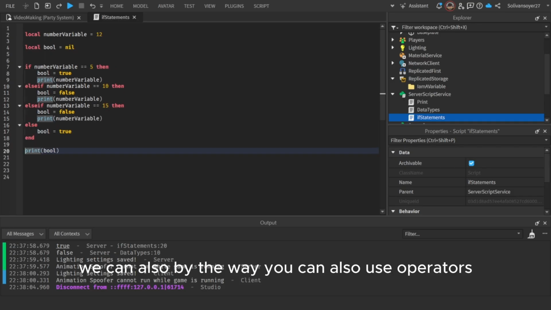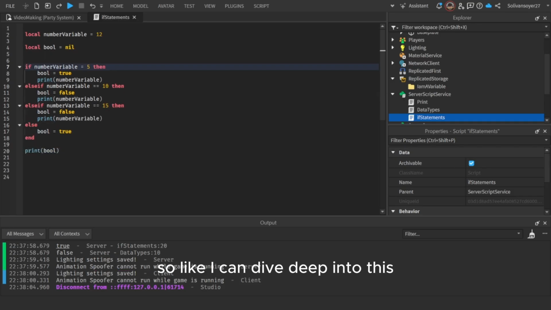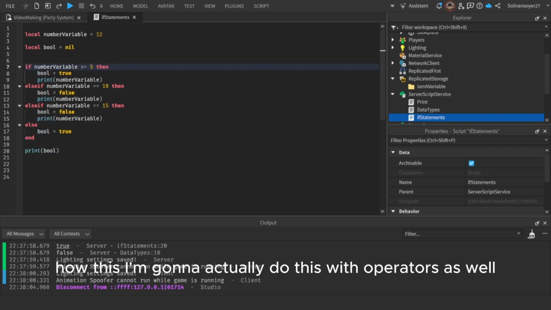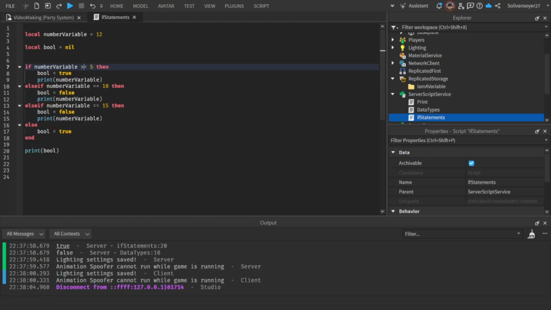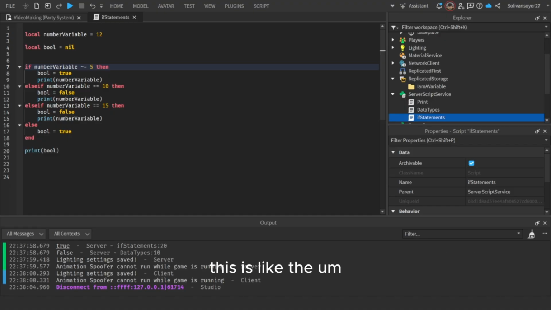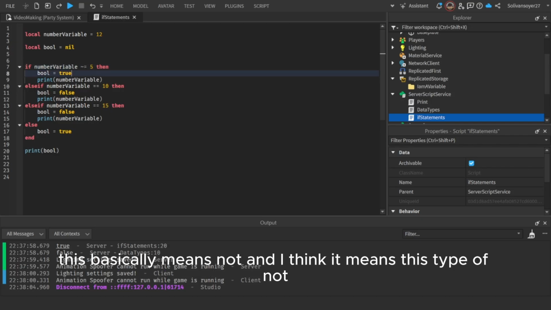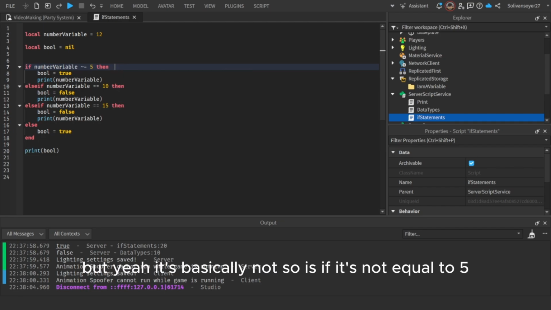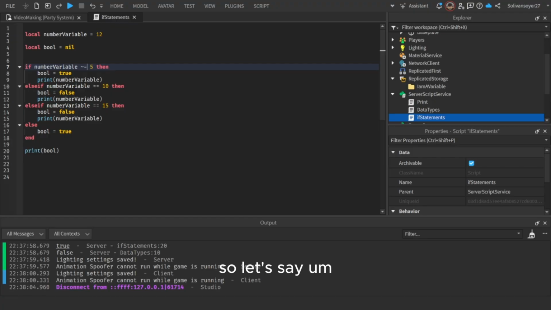We can also, by the way, use operators. I can dive deep into this. I'm going to do this with operators as well. So you can use greater than, but the one I'm going to show you guys today is this squiggly line on your laptop. This basically means not, and I think it means this type of not. But yeah, it's basically not. So it's if it's not equal to 5. So let's say